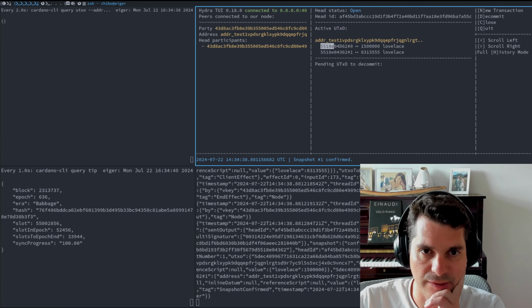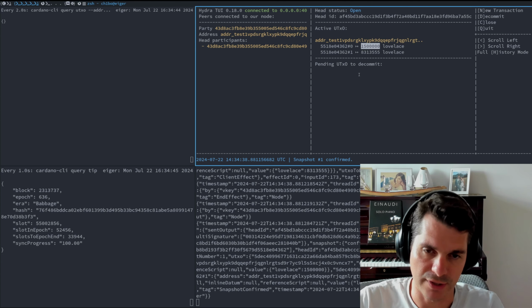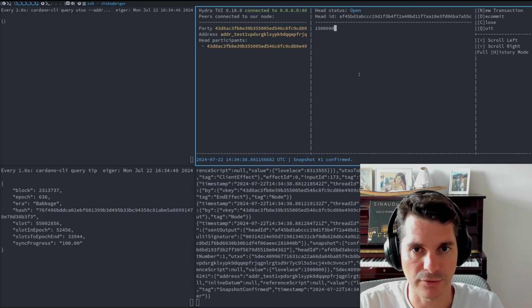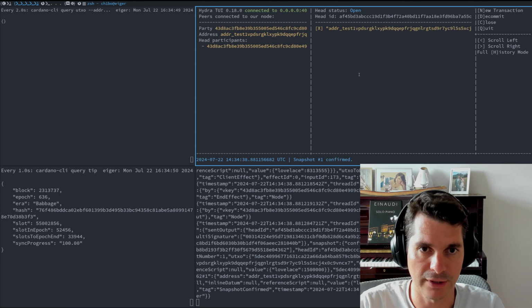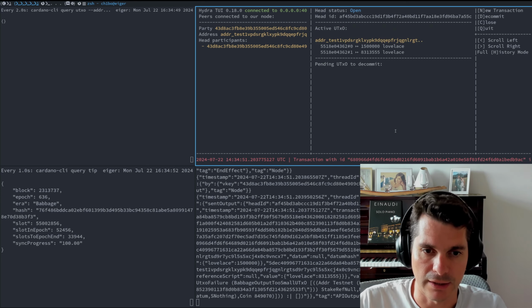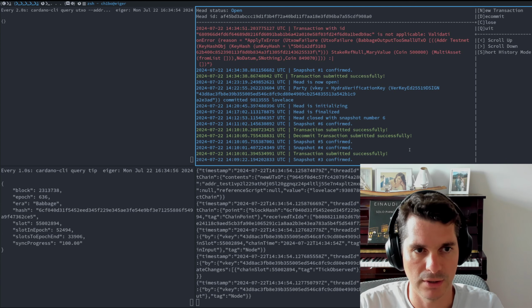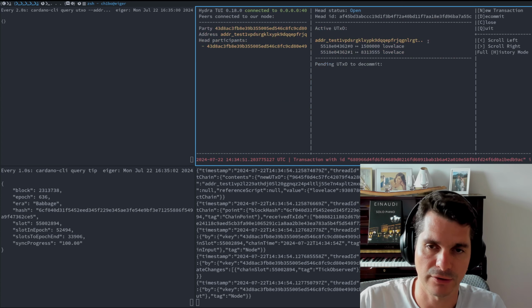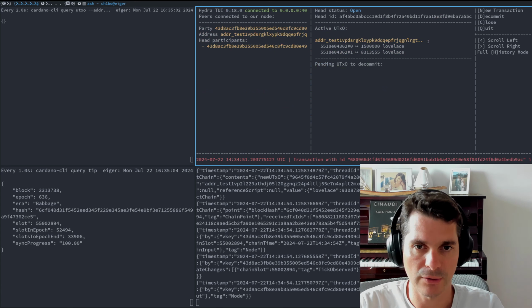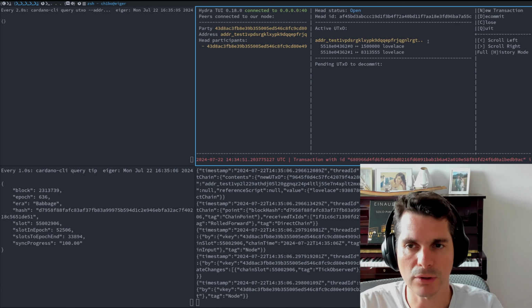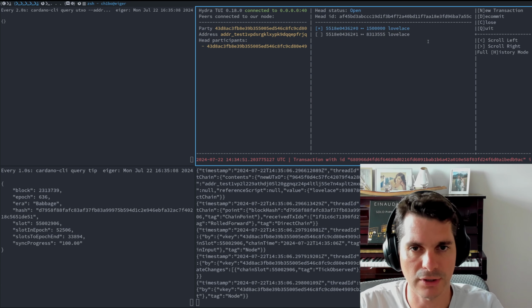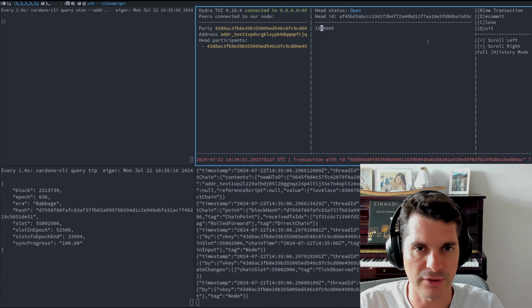This is a separate UTxO now available, and we can see that transaction processing is quite quick here. So I can just do another one with 1 ADA, and I think we have still the min UTxO parameter on that head, yes. So 1 ADA is a bit too small given the min UTxO setting, so I'll just give myself 2 ADA